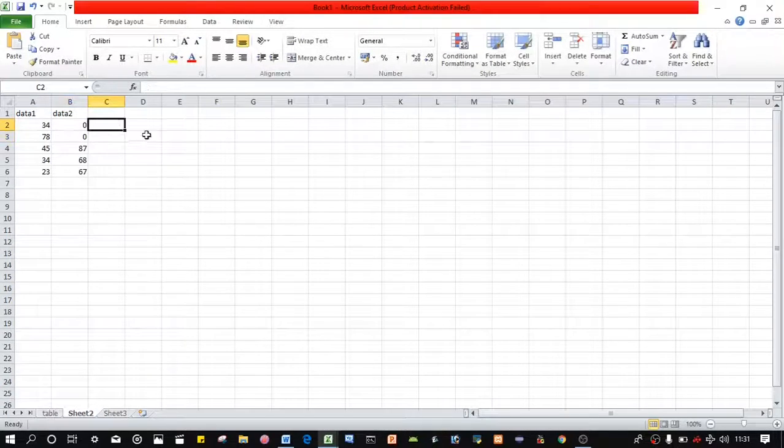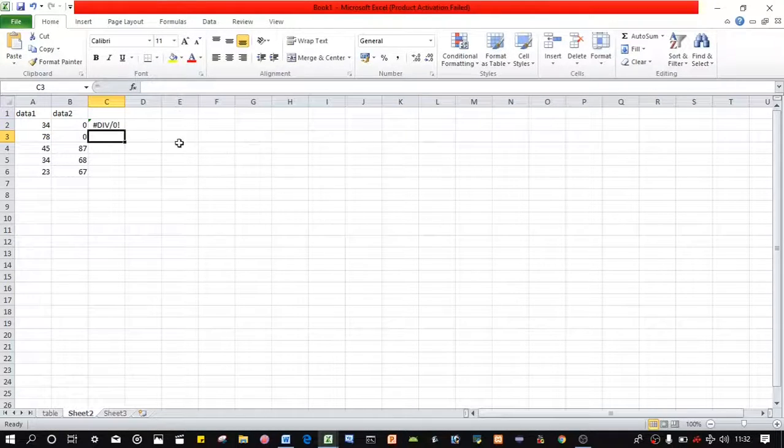So here equal to this. When we divide these two numbers, data 1 divided by data 2, put a divide sign and data 2. Here data 1 divided by data 2. The data 2 is 0, and press the enter button.